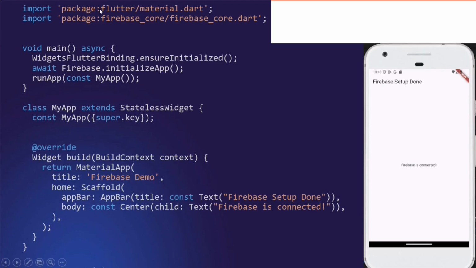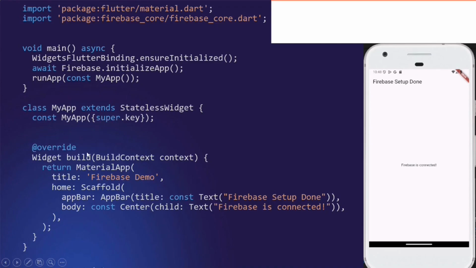So this is the minimal code to connect your Flutter app with Firebase. Here you have to import these two packages, then inside main before running the app you have to call the method WidgetsFlutterBinding.ensureInitialized, and you have to await the method Firebase.initializeApp. Then you can run the app as usual. Here MyApp is my root widget, which extends StatelessWidget.